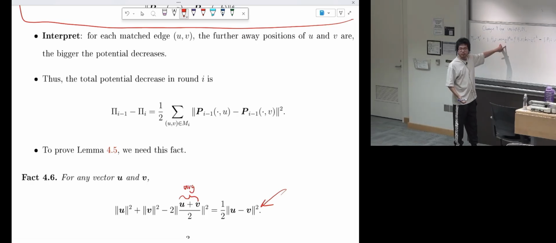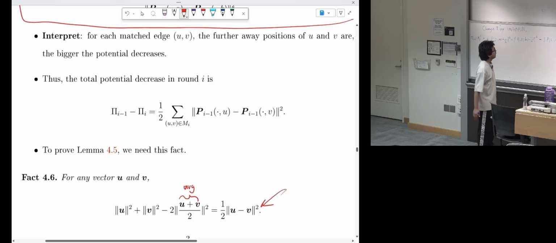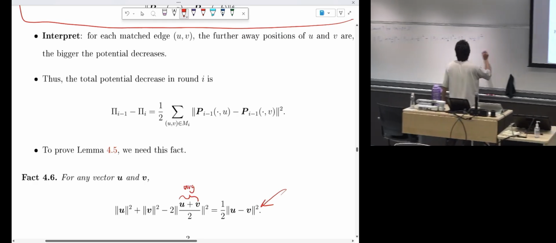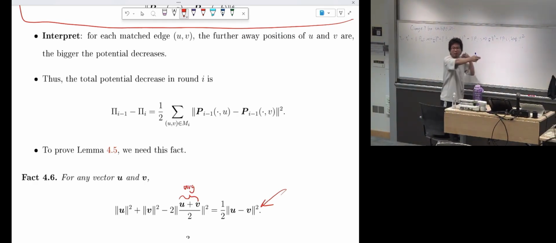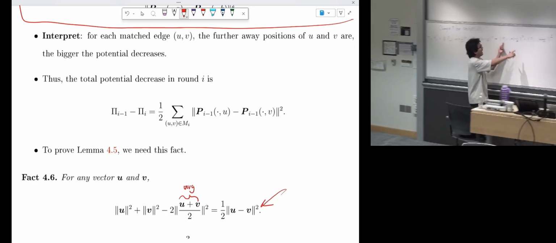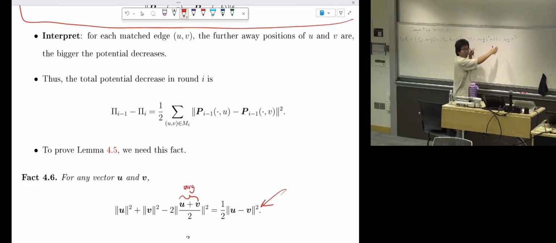Okay. This is how the potential changes because of A and B, how it decreased because of A and B. But you know that these things are the same point. When you move A and B, before they were not at the same point, but after the matching, the position of A and B will be at the average. Okay? So you can write this as actually minus